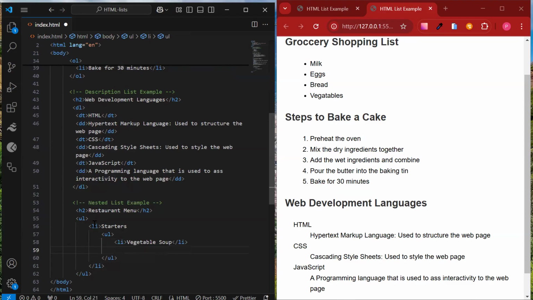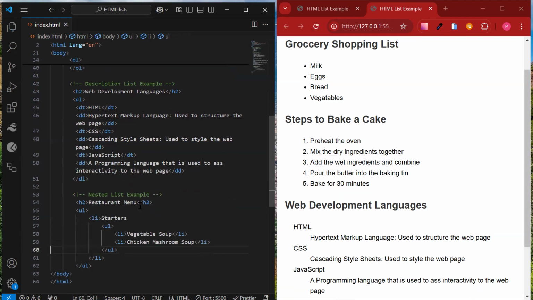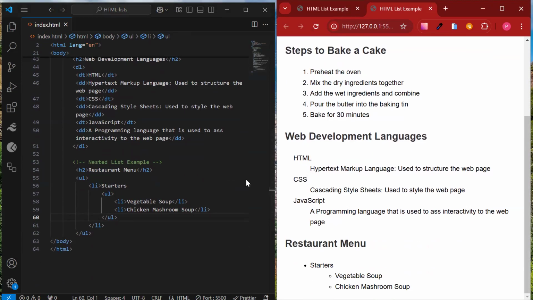And probably we have another list item of maybe chicken mushroom soup. Okay, chicken mushroom soup. Okay, so when we enter that, you realize